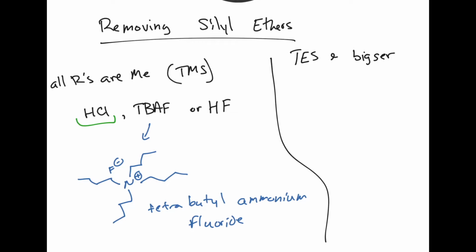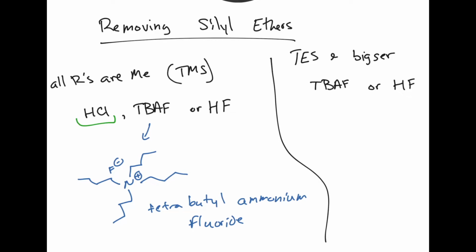So for TES and bigger, you can only use TBAF and/or HF. TBAF is the kinder, gentler source of F minus, right? TBAF is pretty benign. You add it, and what ends up happening is